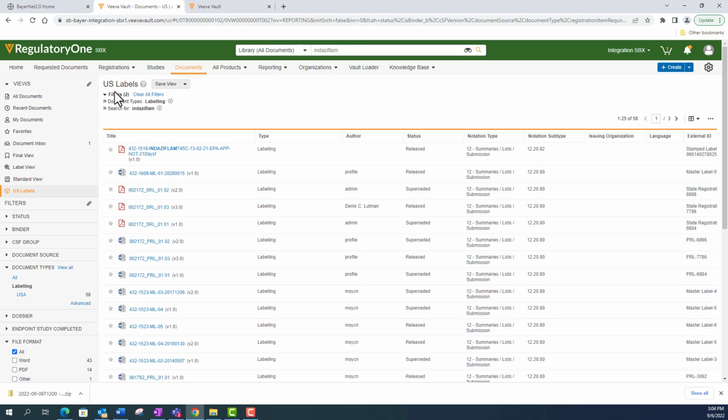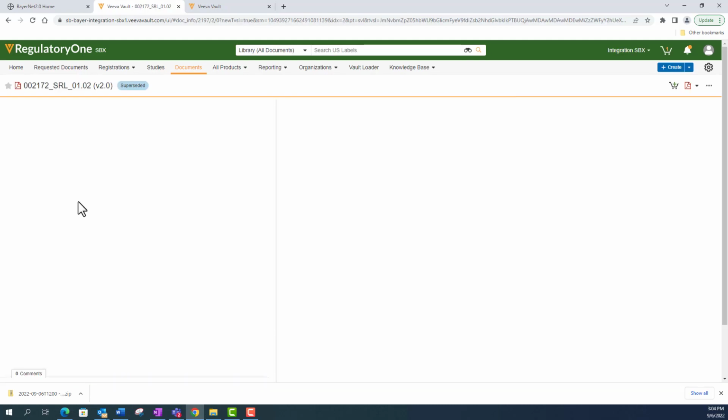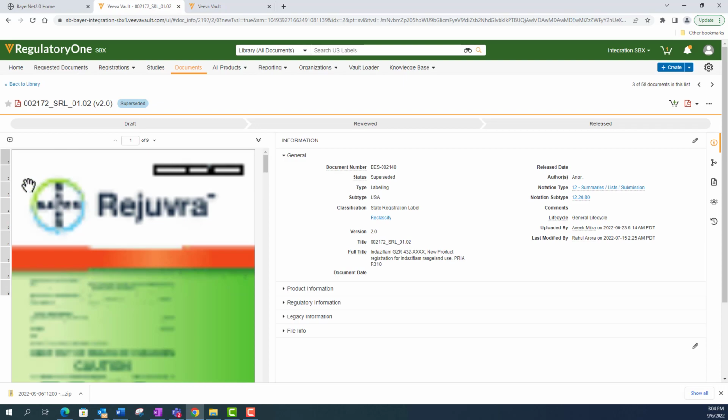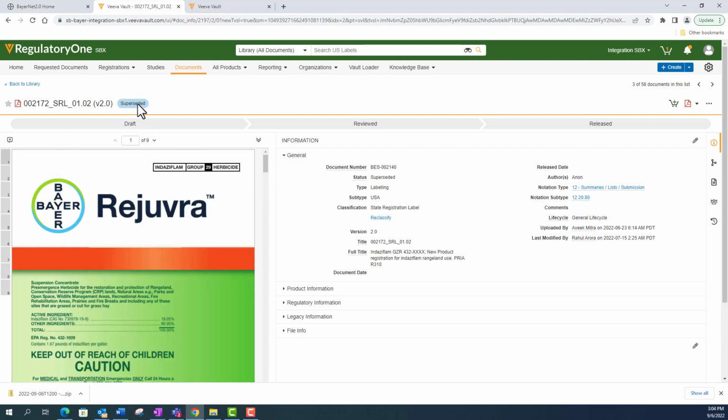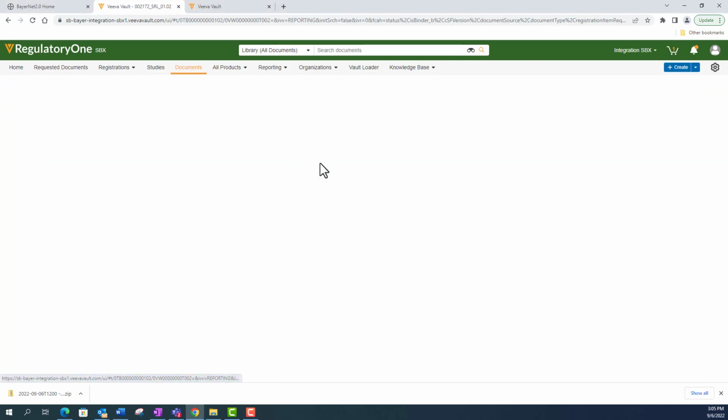And that should search our US labels for indaziflam. So now we have a listing of all those US labels for indaziflam, and we can then pick one. So you can see the one that I selected, it shows the state, which has been superseded. And so this one has no workflow status, which is important to point out. Because this label is superseded, I'm going to go back